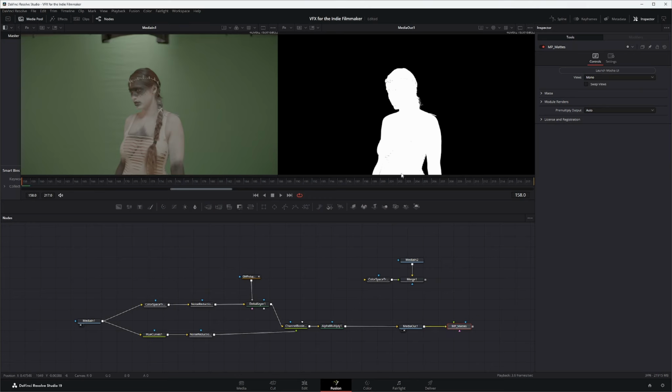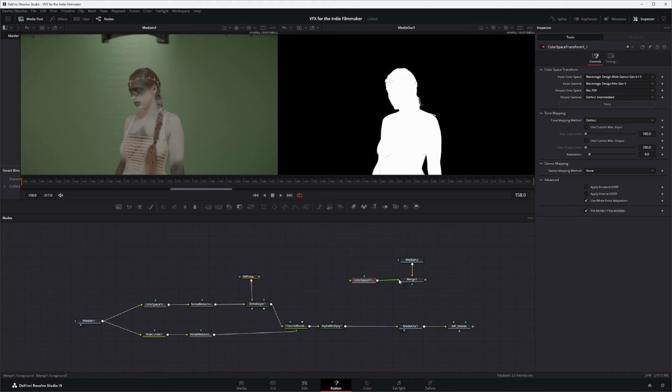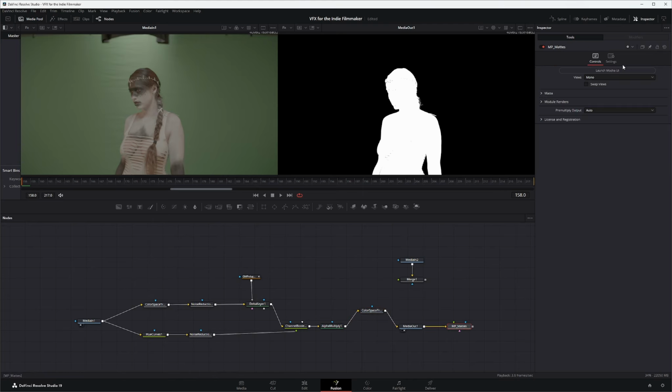But before we do that, we want to introduce a little color information in there as well so we can see what's going on. So we're going to take our color space transform that we created earlier, reconnect it, connect it back to the media out. Now when we launch Mocha Pro,